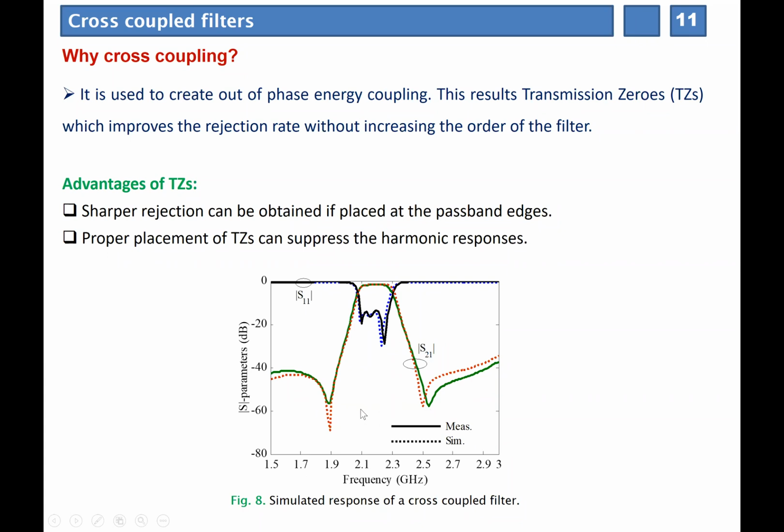So if one filter has these transmission zeros, then we will have a very sharp cutoff. And in most applications, we need a very sharp cutoff of filters, especially for those communication systems where multiple channels are placed closely, but we need very high channel isolation between two nearby channels. In those cases, these cross-coupling filters are of highest interest because they can provide very high isolation.